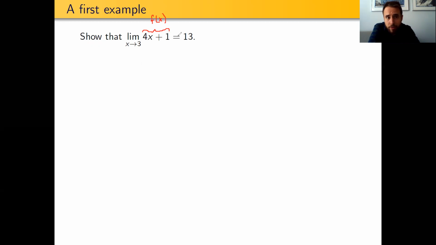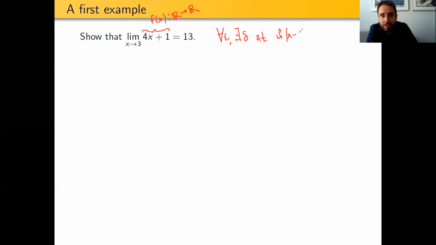Now, as a reminder, to rigorously do this, we have to show that for every epsilon greater than 0, there exists a delta greater than 0, such that if x is in the domain of our function, and we didn't really say this before, but f of x is going to be a function from R to R, so any real number is a valid element of this domain. So if x is an element of the domain, in other words, if it's a real number, and if it satisfies